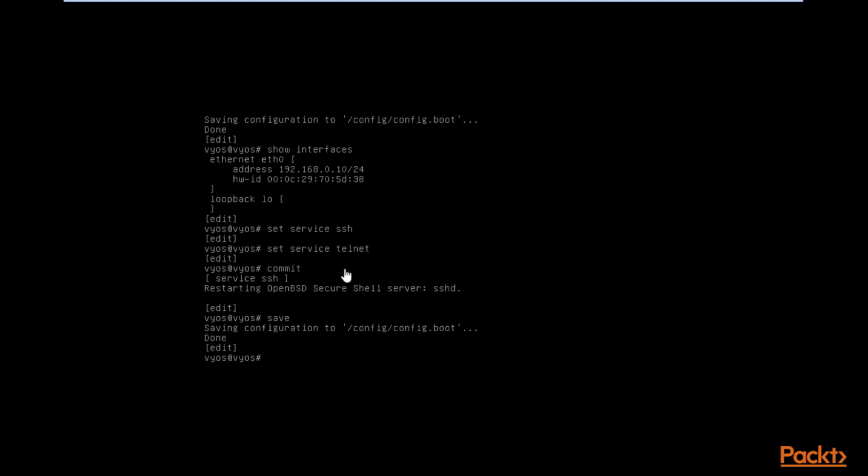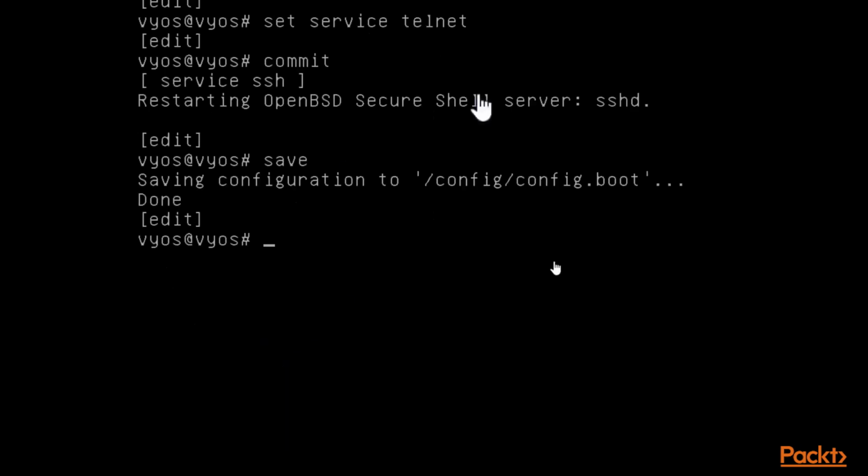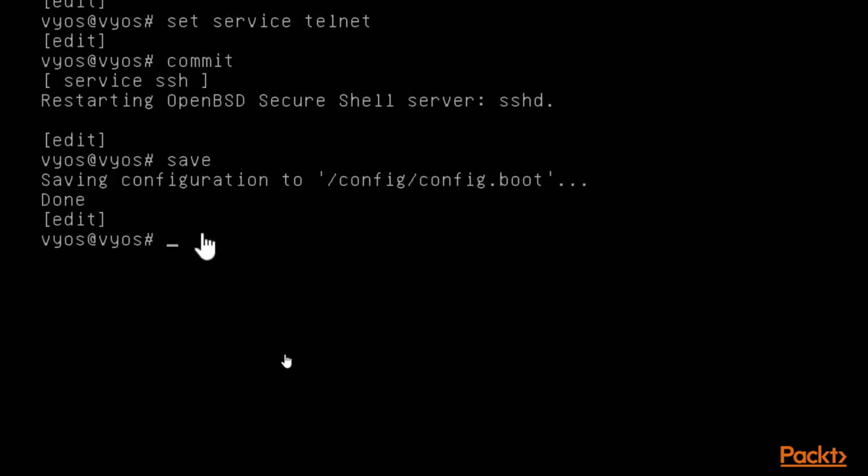Let me show you how you can set up a credential inside BIOS regarding SSH. So let me zoom it for you. So here we are, and let me show you how you can set up a credential. So you can click inside, and here you can type set system login user. Now I am going to provide the username, which is admin, space, and then authentication. Let me correct it, space plain-text